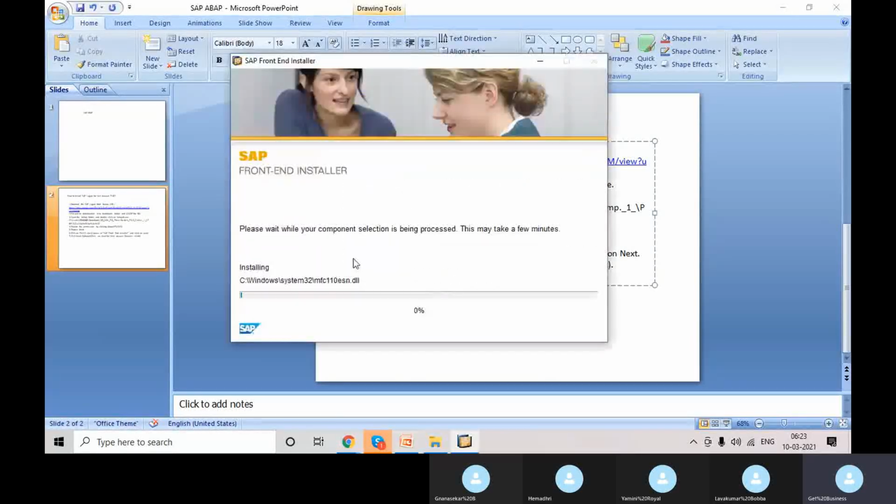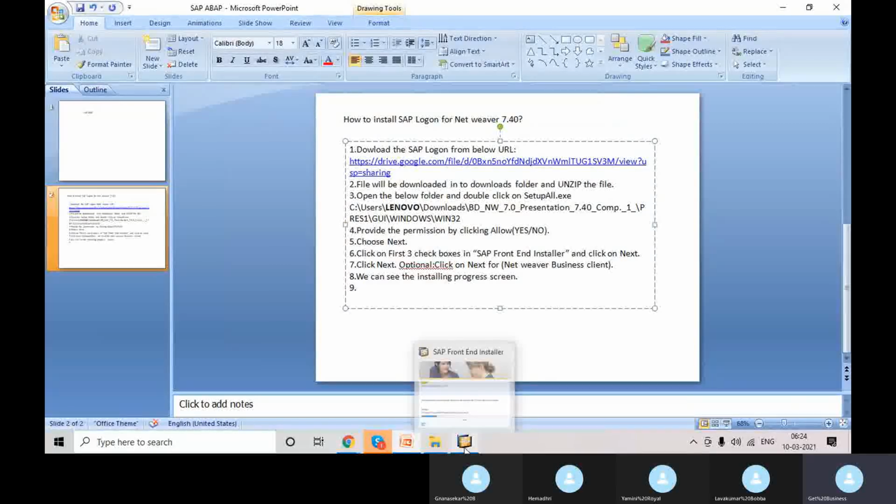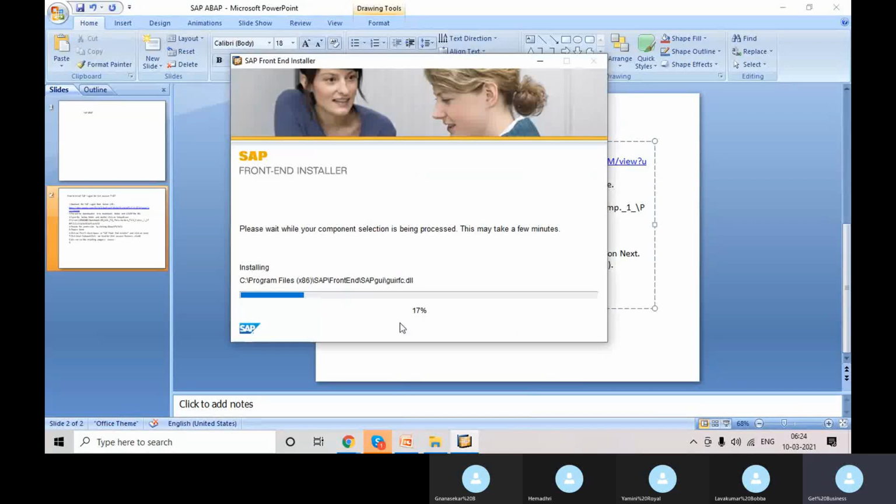So you can see here the installing progress screen. This is the SAP logon progress. We can see it is installing now.